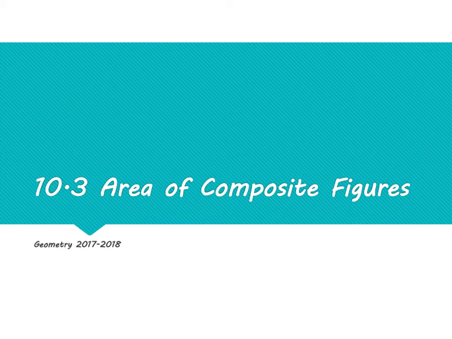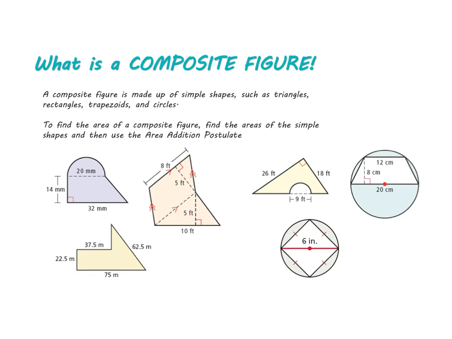Hey y'all, today we're going to talk about composite figures. So what that means is we're going to have figures made up of a bunch of other shapes. So you might have a semicircle and a trapezoid, or a triangle and a rectangle, or maybe you'll have